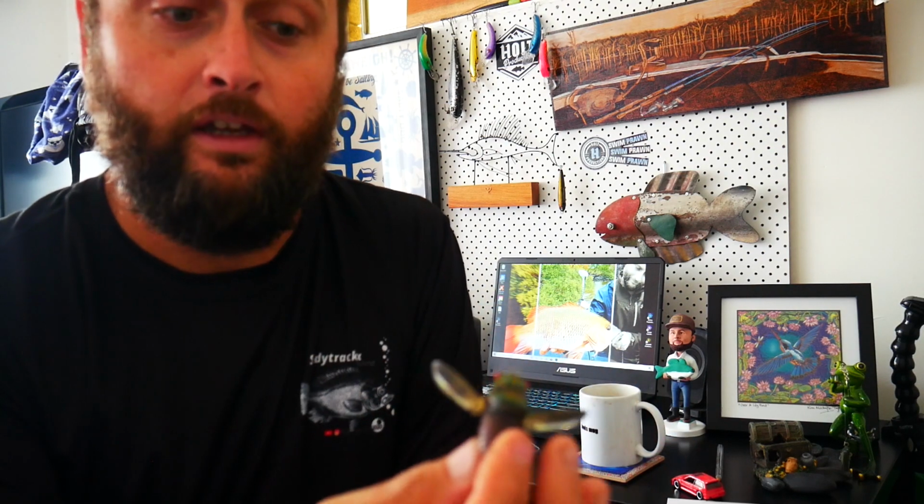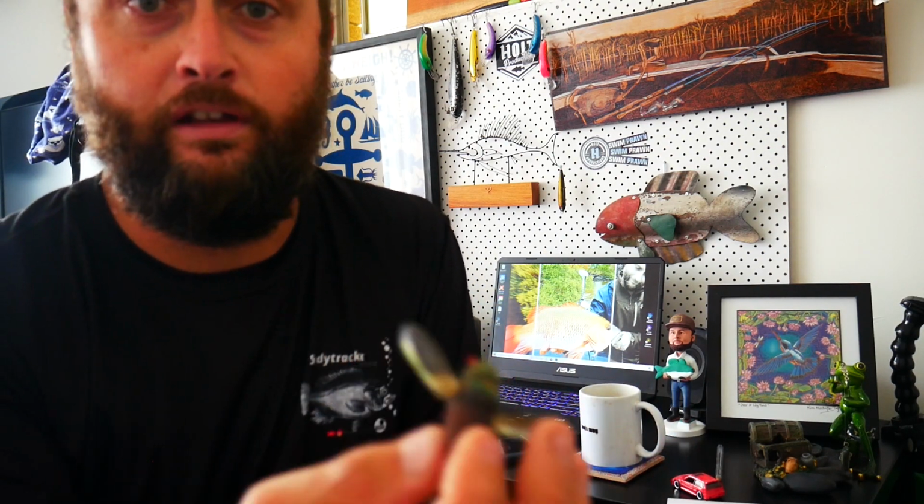They'll go out, fish them, and say yes, they work awesome, or no, this needs to be tweaked. And that's why you pay more money for them. When you're buying cheap lures, generally they'll just pump out a big batch of them and put them straight out into the market without actually testing them. And that's why a lot of them won't swim. So please, if you guys want to catch more fish, spend that extra money. I know it hurts, but you'll catch more fish and you will understand why you're paying a little bit more